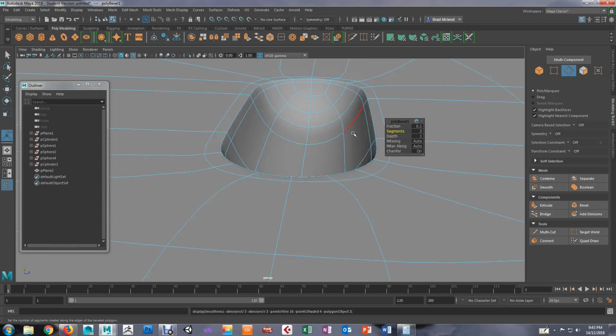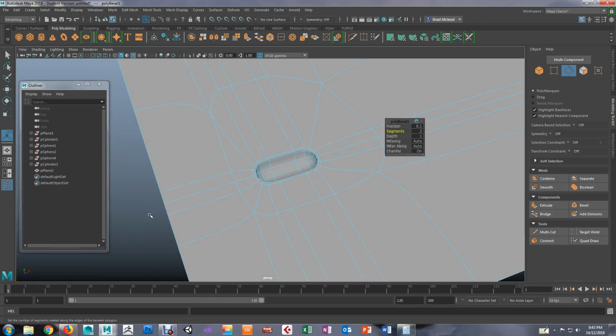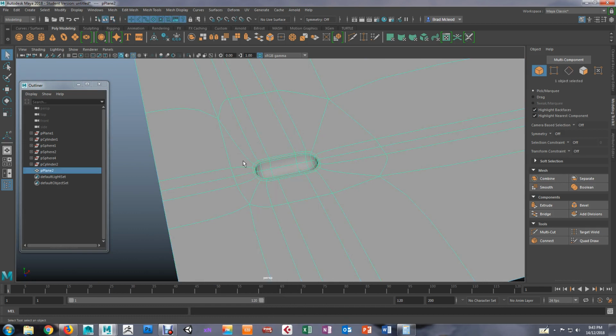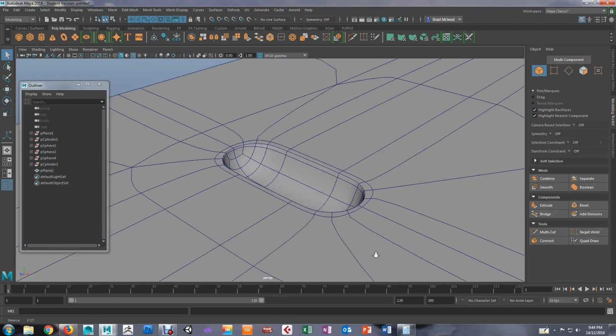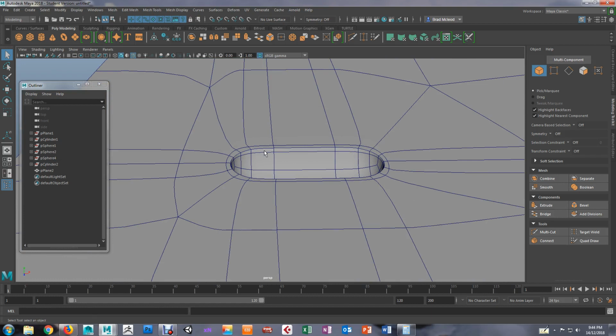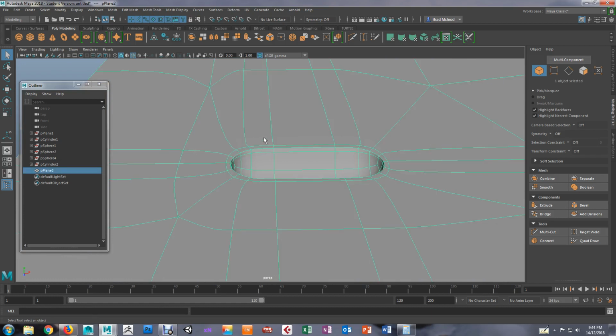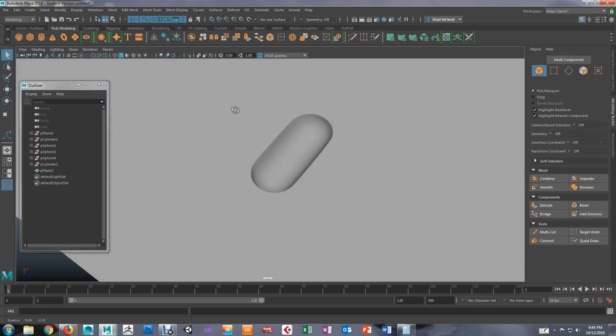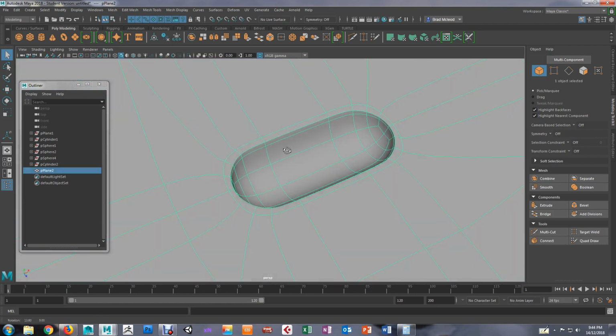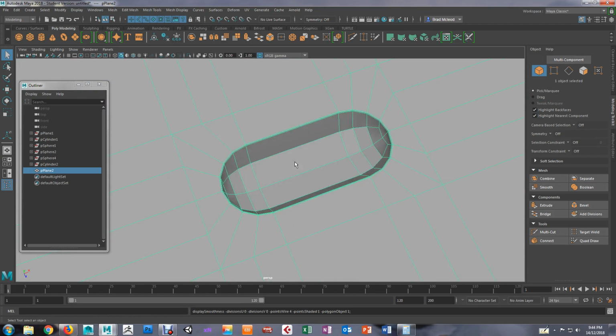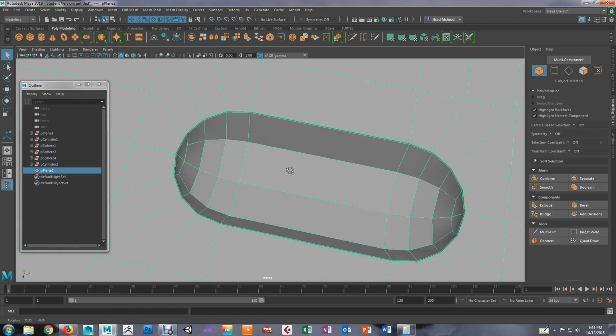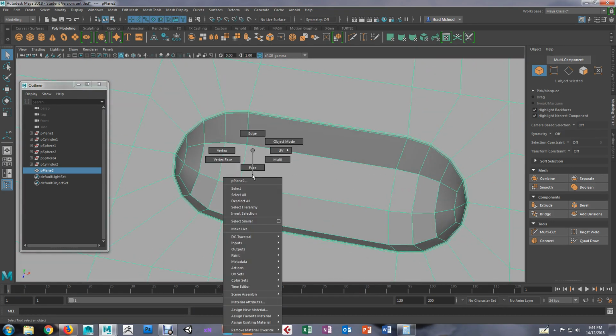Just like that. Yeah, like that. So that's probably going to give me a nice result. If I turn wireframe on, shaded off, yeah, I'm digging that. Like it. Love it. And now we just need